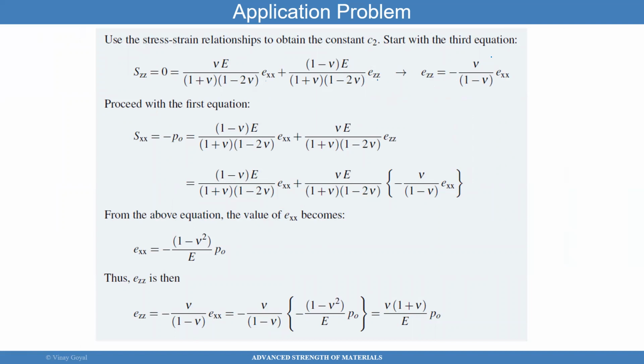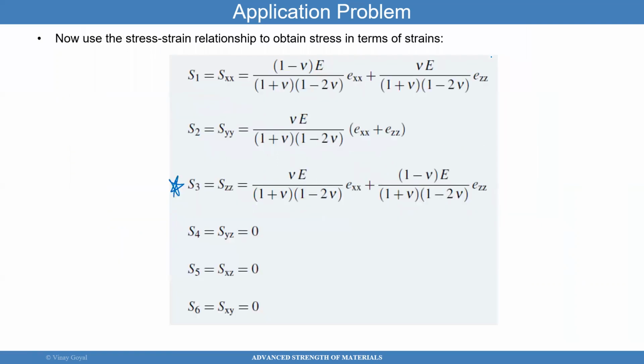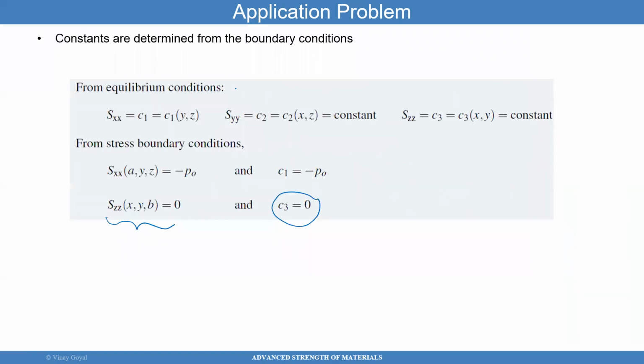In other words, if I know the Poisson ratio, I can tell you exactly what the strain will be out of the page, because the stress in the ZZ direction is 0. You can then go to your first equation. So we know the first equation very well. We know the first equation from here. I know this equation, SXX, but I also know that SXX is minus P naught